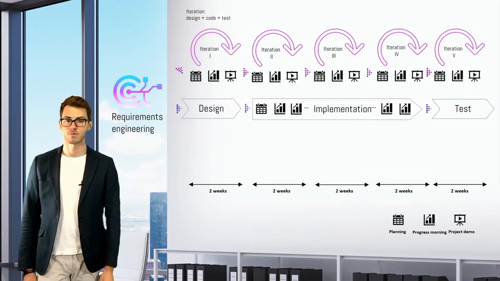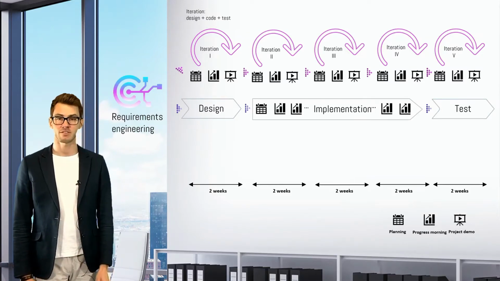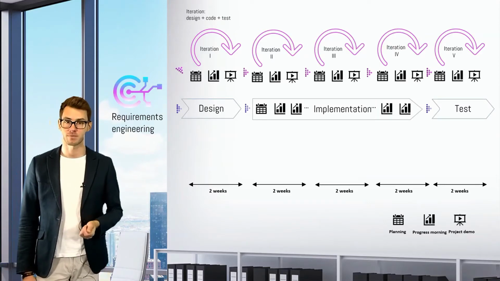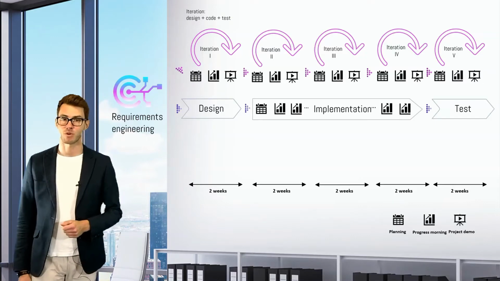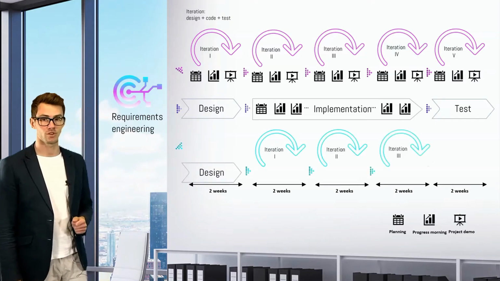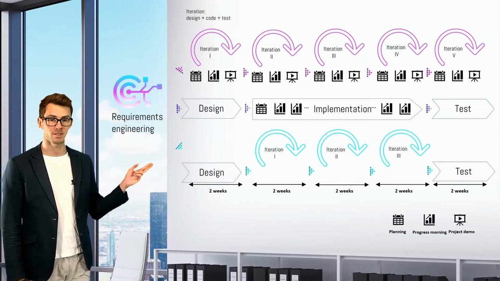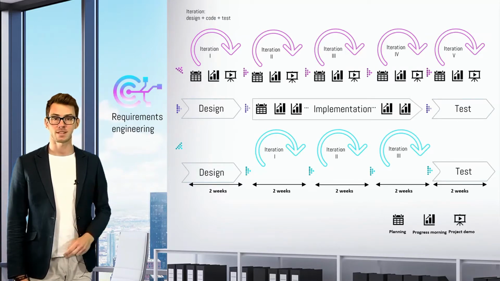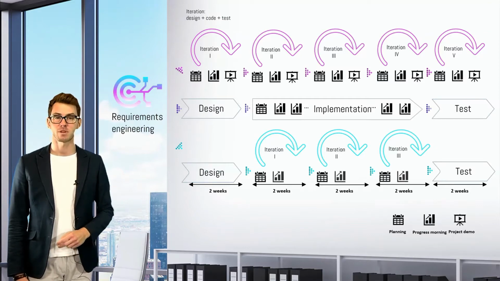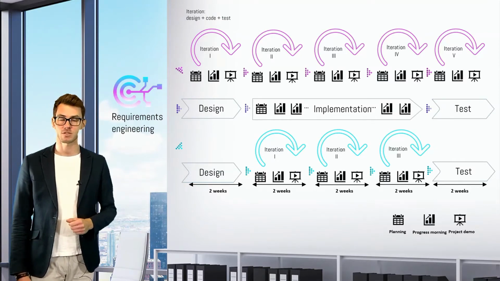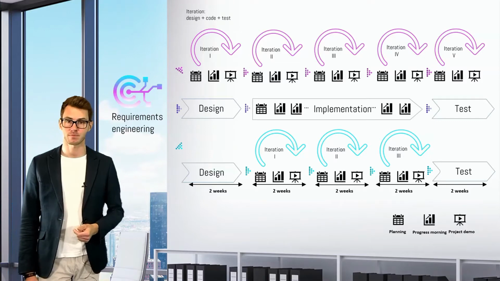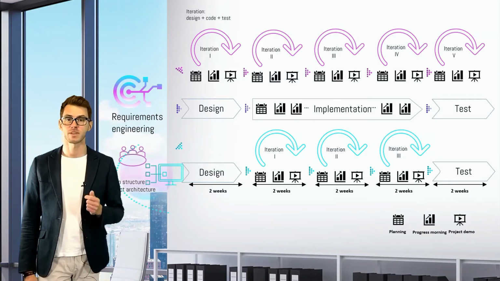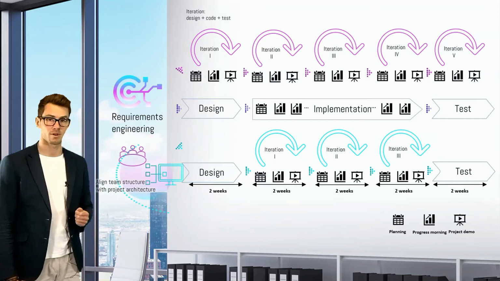The hybrid approach used the waterfall model as its underlying phases as the baseline. However, implementation was done in an iterative manner. Similarly to the sequential approach, the development process progressed through dedicated design, implementation, and test phases. As in the iterative approach, 2-week cycles were put in place during implementation and involved a planning exercise, coding, as well as a demo. The hybrid approach was additionally characterized by a practice called aligned team structure with system architecture.